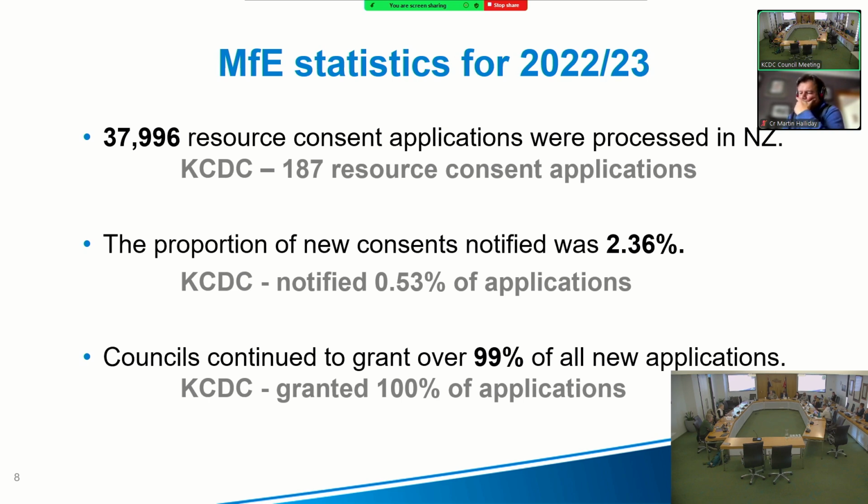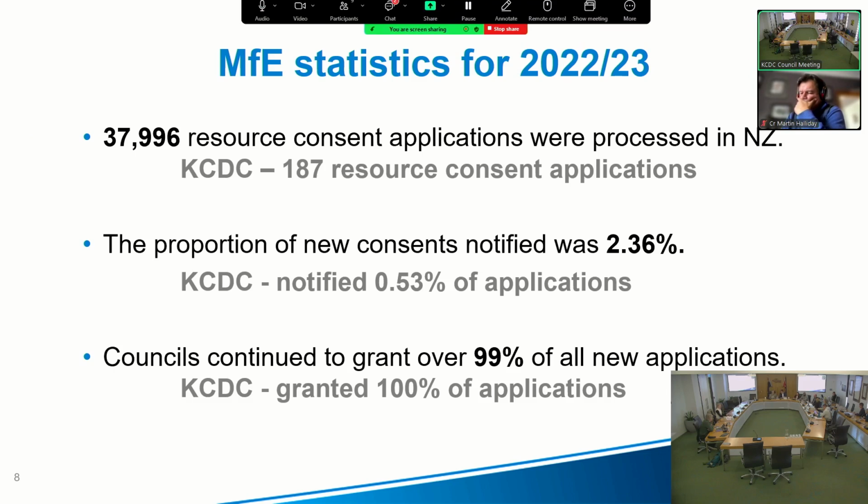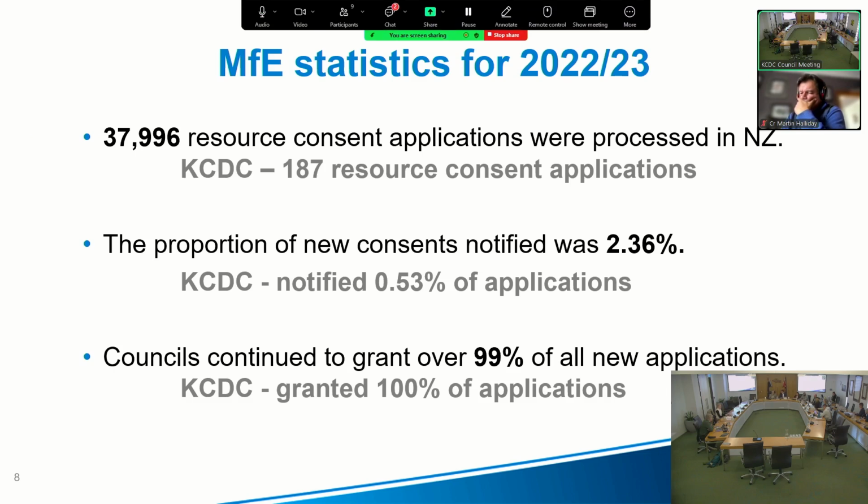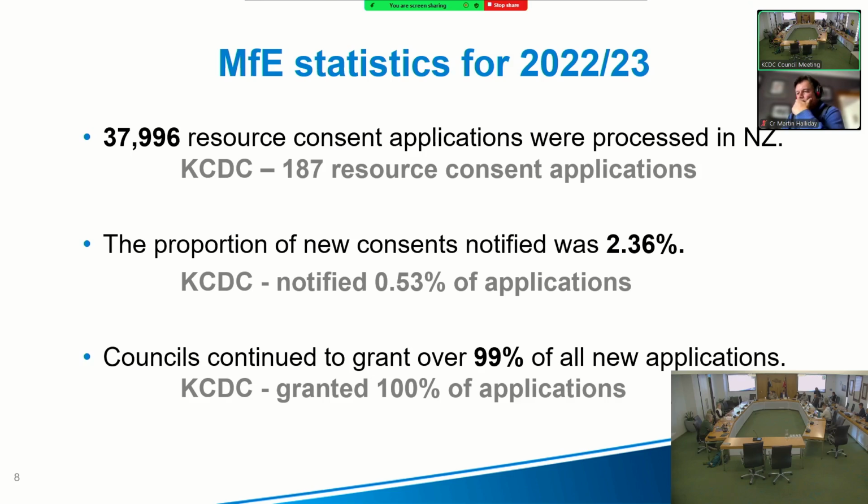There are quite a few cases where we've gone through the notification process and we are just about at that decision-making stage, where if we feel like this is just too contrary to what we can consent, that's when the discussions happen. So I would probably say, rough estimate, about 10%.